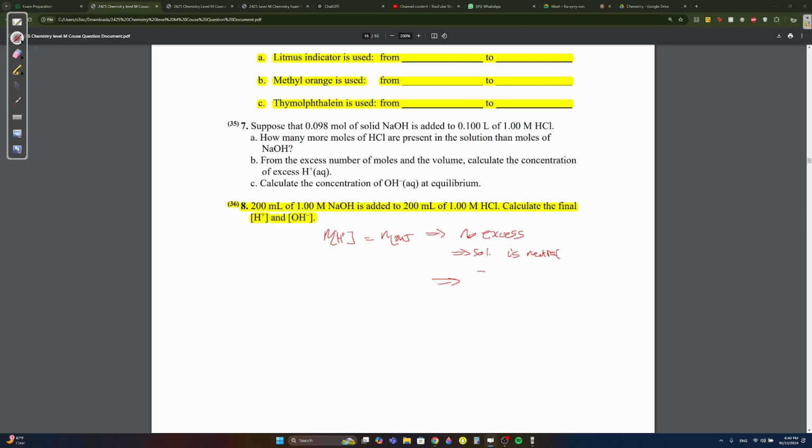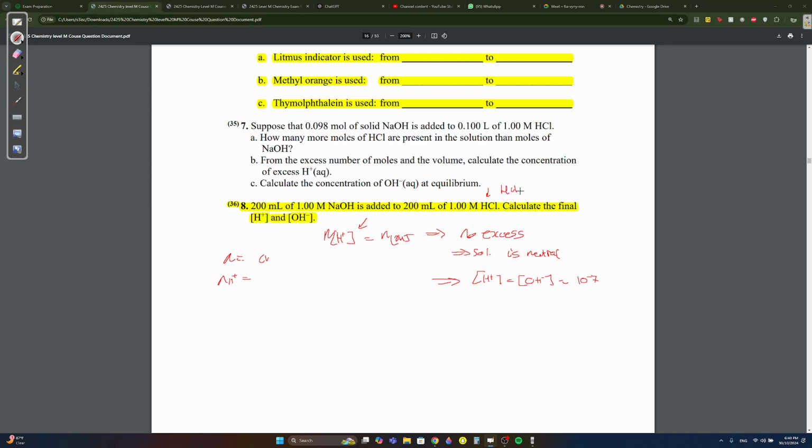That means the concentration of H plus is equal to the concentration of OH minus, which is equal to 10 to the power of minus 7. But we have to show this. How do we show this? n is equal to CV, right? So n of H plus is equal to